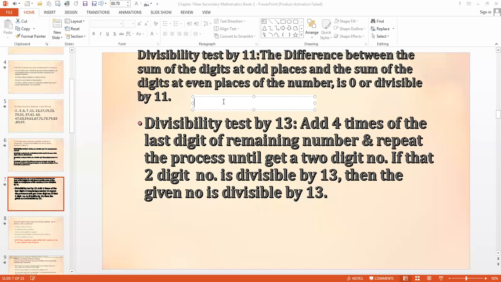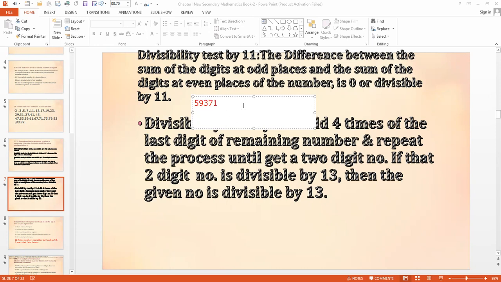Okay. Now we come to the divisibility test by 13. So I have to take a longer number, suppose 5, 9, 3, 7, and then 1. I have to take 59,371, a bigger number, and you have to check whether this number is divisible by 13 or not. Very easy. At the unit place, which number is given? 1 is given. So what shall you do?